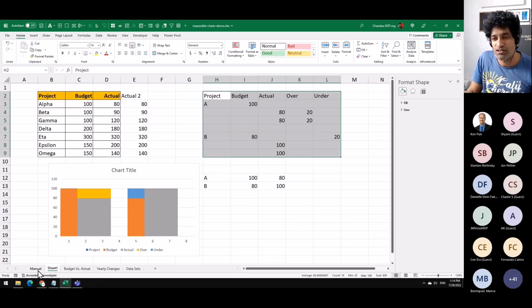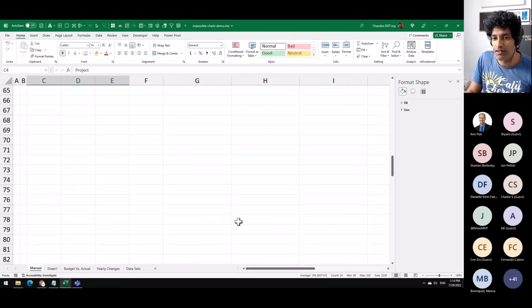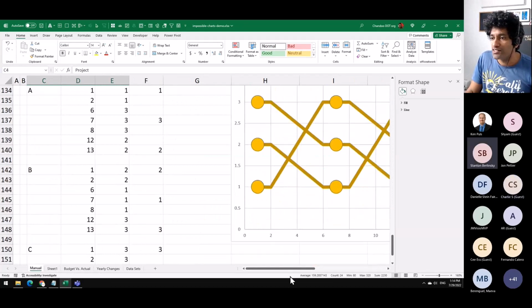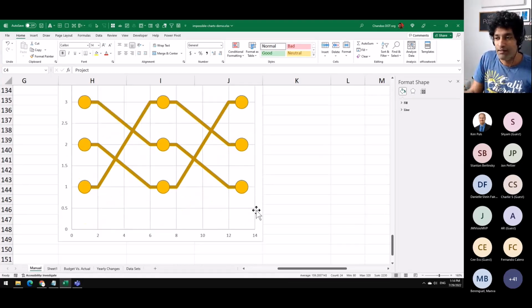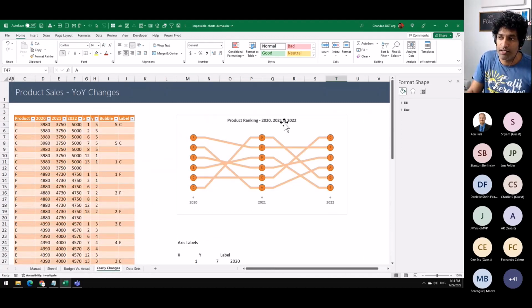I'll show you the second one also, because the second one is a little bit more interesting: how we can create a ranking chart like this, where I have got 3 products at one point in time, and then I want to show how their rankings have changed over time. This is again a made up chart, but here I have got actual examples of product rankings in 2021 and 22, where you have got A, B, C, D, E, F, and then you can track them through time using this kind of metro map thing.